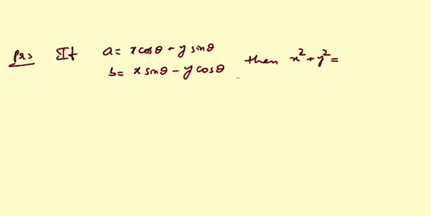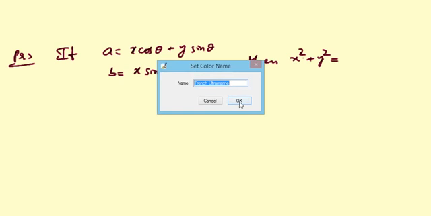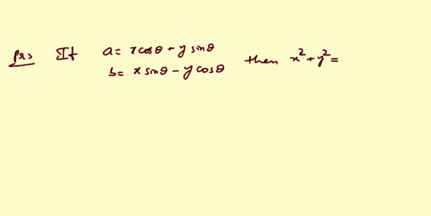So in order to do these problems, in the earlier class we have discussed that whenever this kind of thing is given, try to substitute an angle in place of theta, so that it will serve our purpose. So here, as it is given in terms of sin theta and cos theta, I'll go for theta is equal to 0 degrees. I said when it is given in terms of sin theta and cos theta, just go for theta is equal to either 0 degrees or 90 degrees.